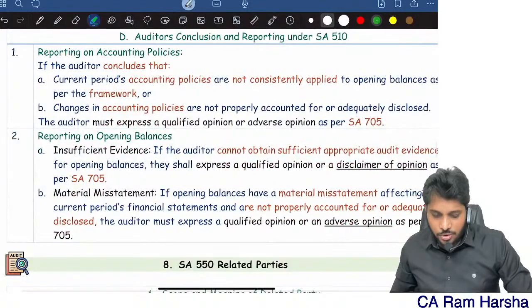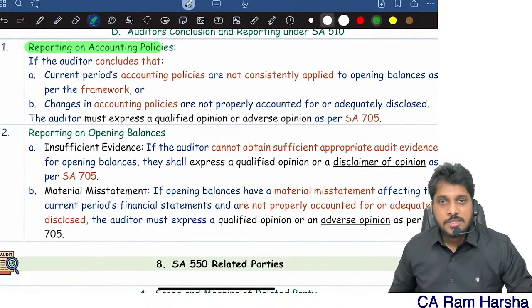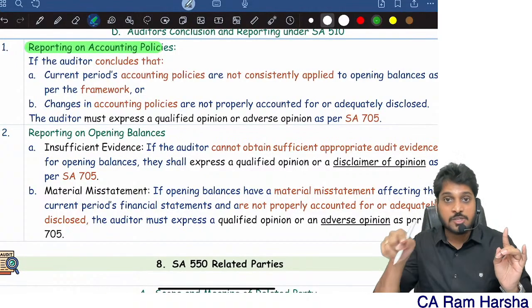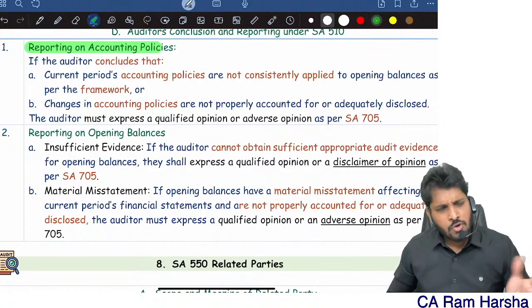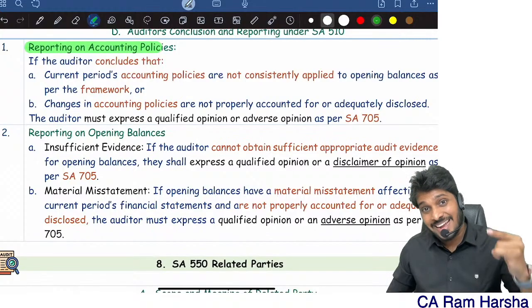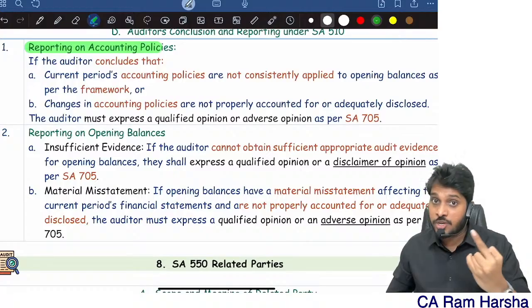Directly, auditors' conclusions and reporting, I will see. Okay, reporting on accounting policies, very simple. We have to get evidence that whatever accounting policies were there last year, the same is followed. Sometimes changes will happen, but let it be. Whether the changes in accounting policies were properly accounted and disclosed. If they were not properly accounted or not properly disclosed, then we should give a modified opinion, qualified